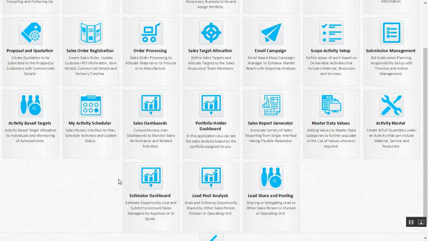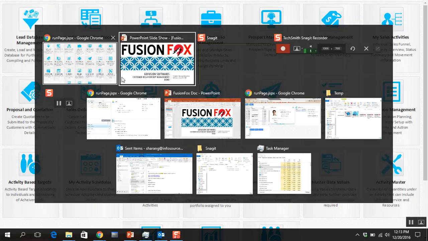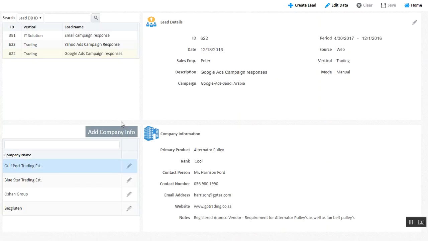Now, getting into the specifics of our application, let's begin with our lead database management application. This is the application where you generate your lead. This is either if you have a marketing department who's going to manually enter those leads by defining a lead name over here, defining your basic details over here, which vertical does this lead belong to, the source,